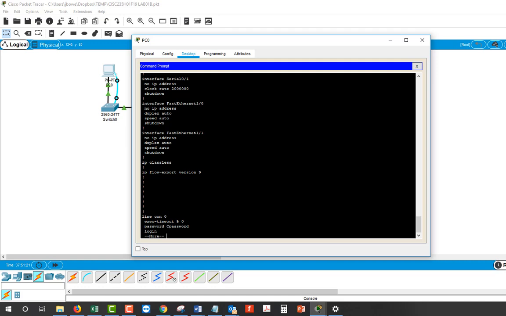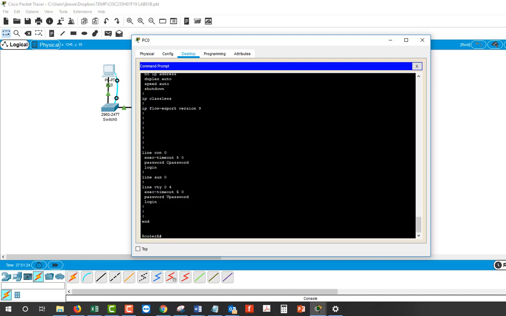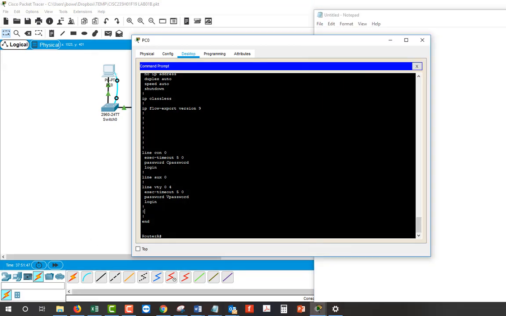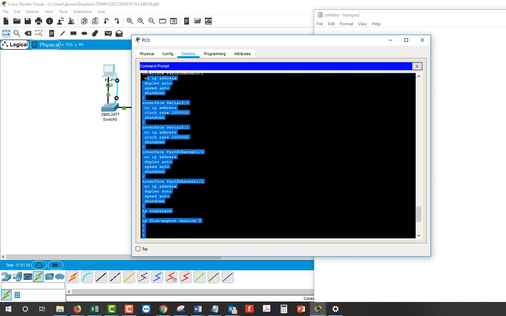And you'll see our configuration for the console line as well as for the VTY line, and so that's great. Now, at this point, we want to copy all of these commands, and we are going to drop them into a text file. So first, let me open up a text file on my system. I'm using Notepad. I'm going to swing that on over here. We'll go back over to our packet tracer, and now I'm just going to hold my left mouse button down, and I'm going to now highlight all the commands